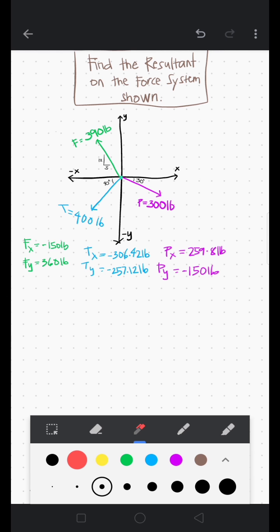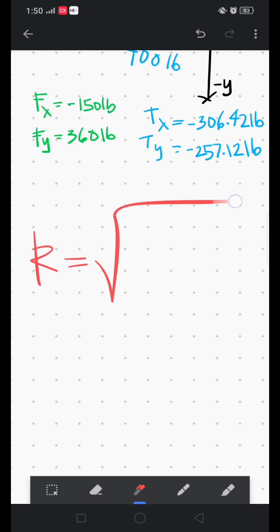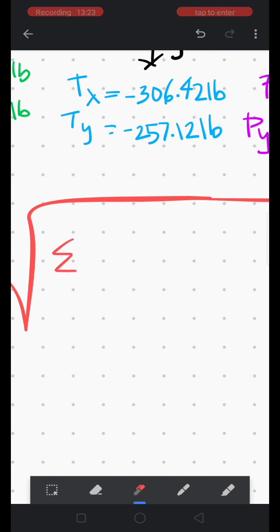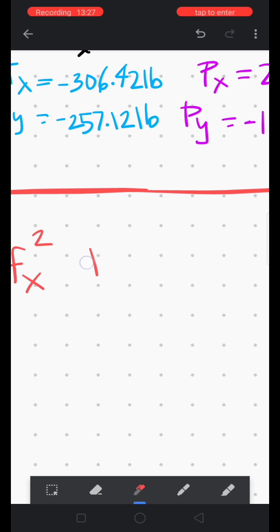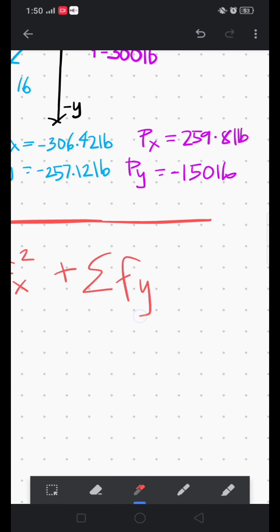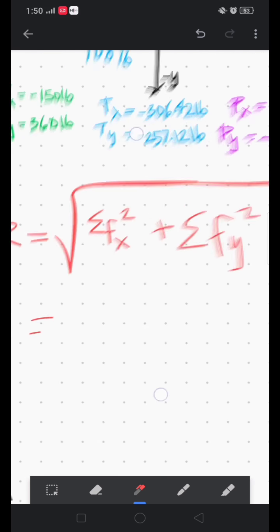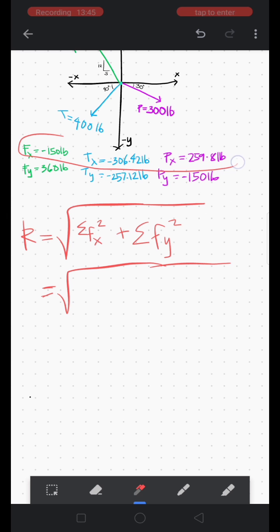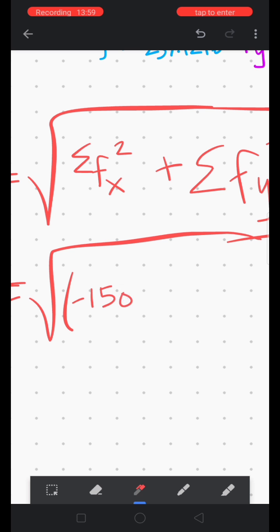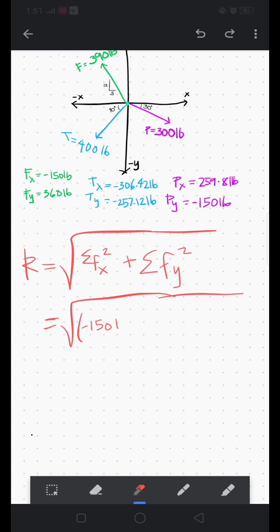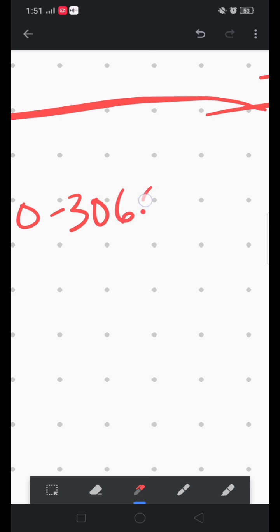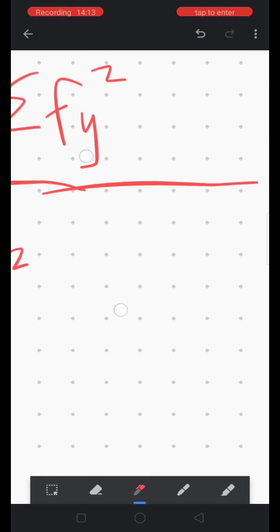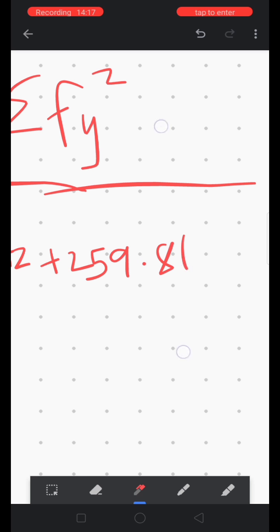So to solve for the resultant force, basically you just have to take the square root of the sum of the forces in the x component squared added to the sum of the forces in the y component squared. So for the x, we just add all the forces: negative 150, minus 306.42, and plus 259.81, all squared,